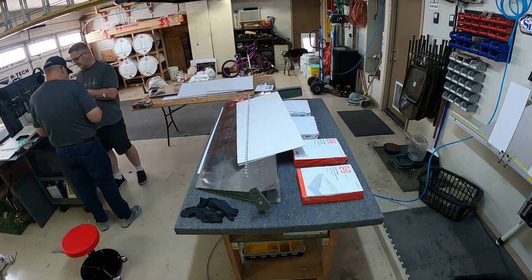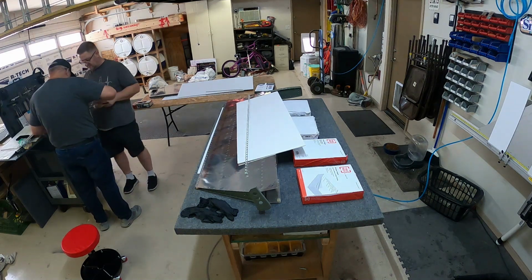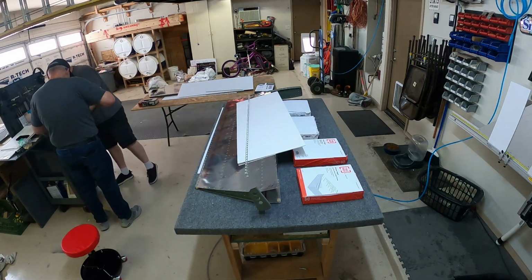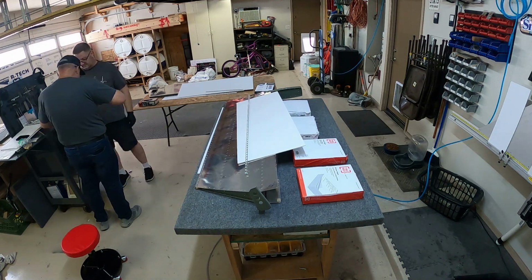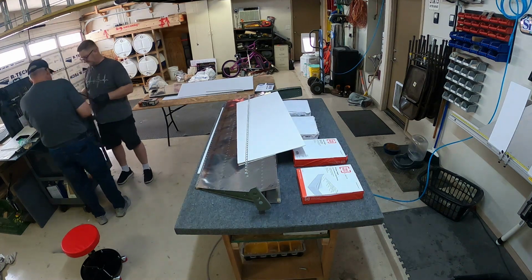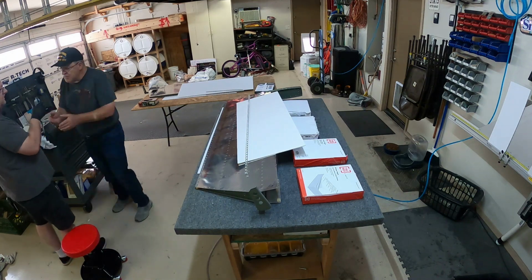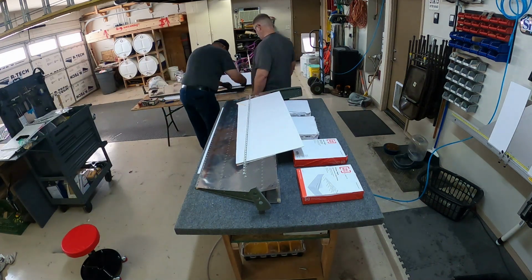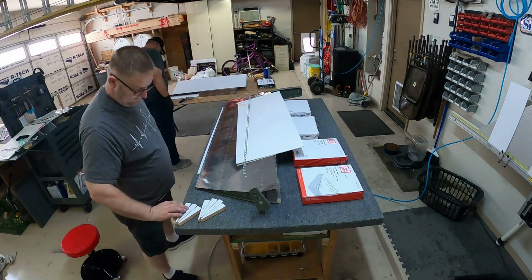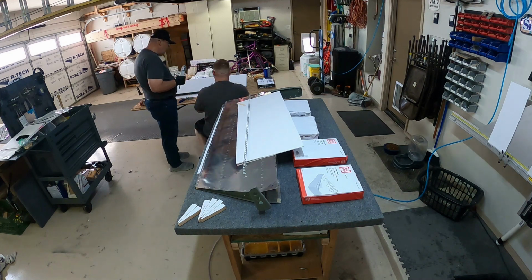So you'll see there on my desk I have reams of paper. I figured those were pretty heavy because it says to set something heavy on them. Each ream is a good 5 or 6 pounds of paper. I got 4 for one of them. I got a legal size ream for the elevator with the trim tab, and then the actual trim tab itself gets clecoed together, and then we just turned it upside down and set some stuff on it. So the trim tab's actually over on the far side there behind my toolbox. We did that separately. I didn't move the video camera, so you don't get to see that particular part, but